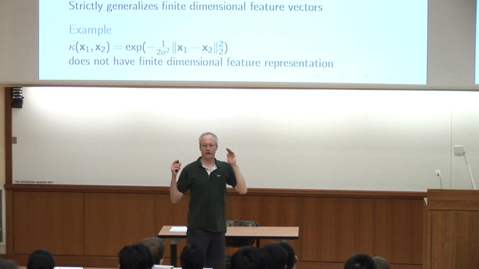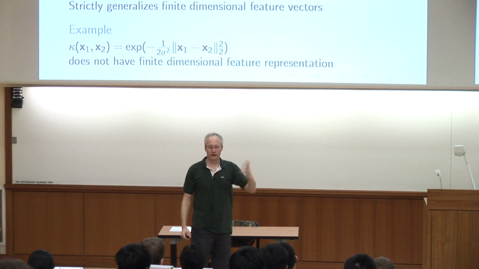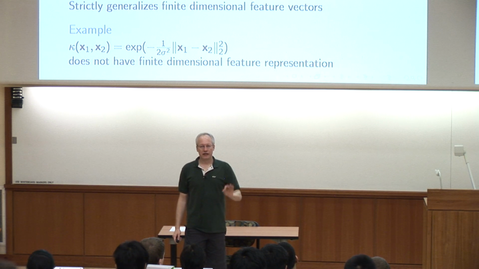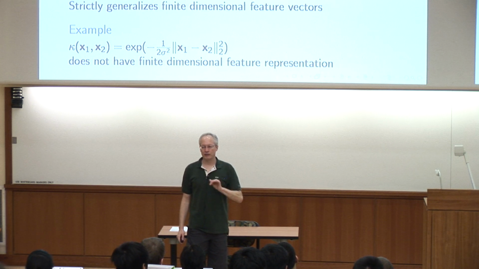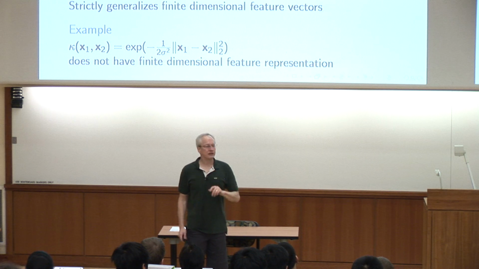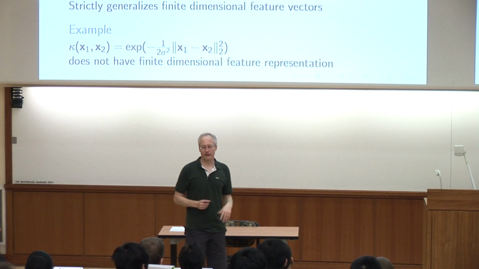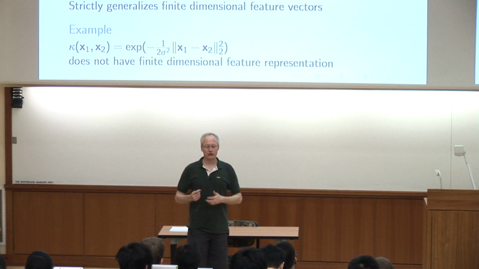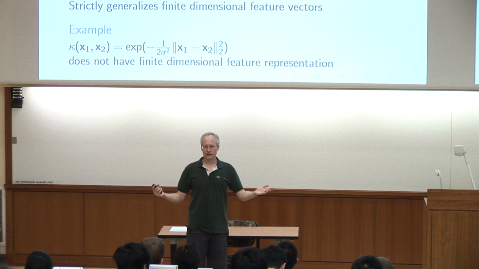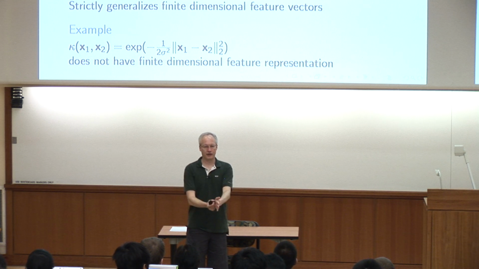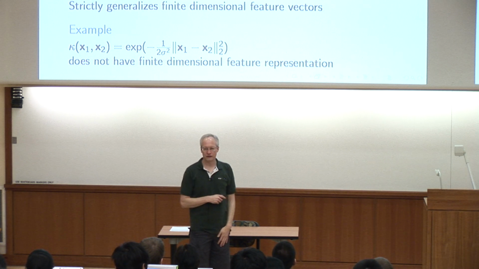It's the default kernel. It has nice properties. It's in fact a universal kernel. But this kernel has no finite dimensional feature representation that corresponds to it. It actually corresponds to an infinite dimensional representation. And yet, if we solve the training and prediction problems in the kernel space or in the adjoint formulation, it's all finite computation. The implicit, infinite dimensional features are just compiled away in the inner products that are directly computed by the kernel.